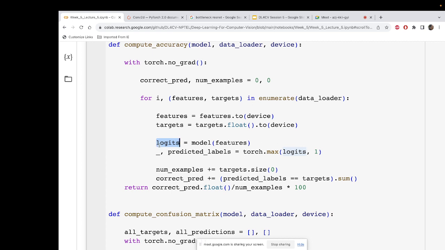Suppose you are doing a 10 class classification for MNIST, right. As the output of this model, you are seeing 10 values, okay. So these 10 values, whatever is the max of it, that becomes your predicted class, right. So it's basically seeing torch.max of logits, comma 1. So this 1, comma 1, this basically